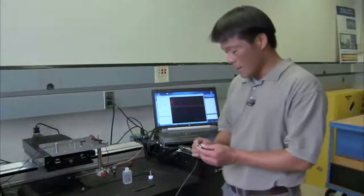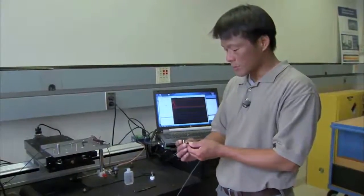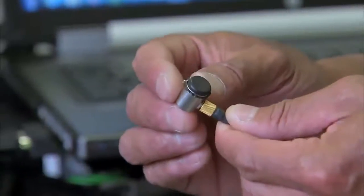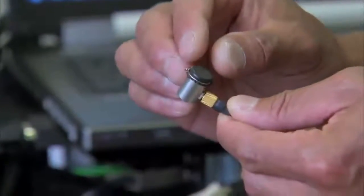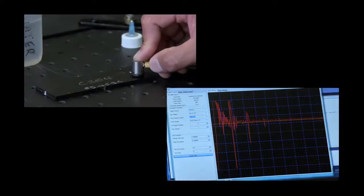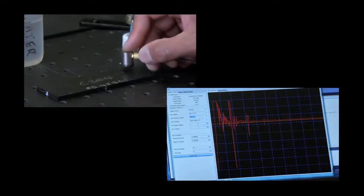Okay, so now what we've done here is that I have a transducer where we've now taken the solid couplant membrane, the nitrile rubber, and we placed it over the transducer. And it just requires slight fingertip pressure to help transmit the energy into the composite part. Okay, so that's no defect,